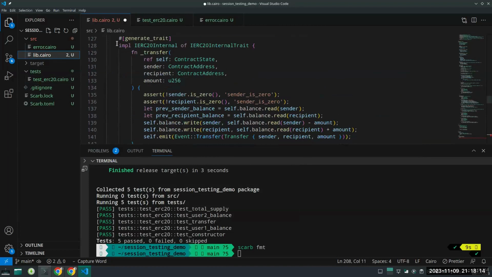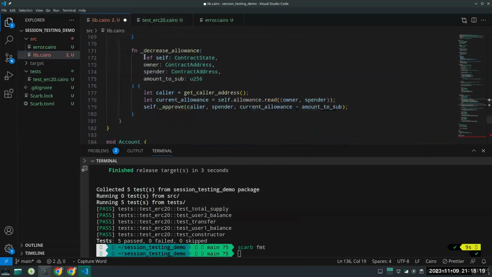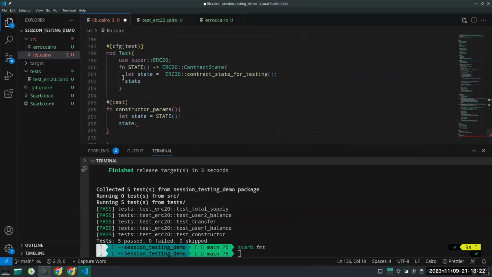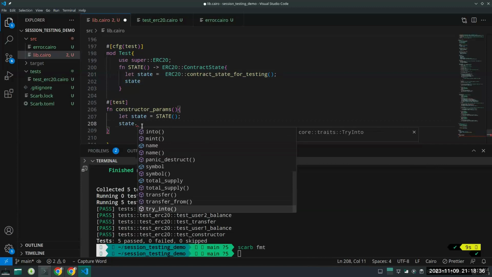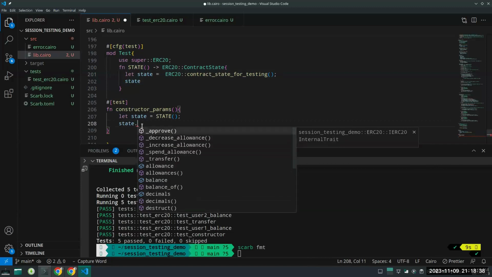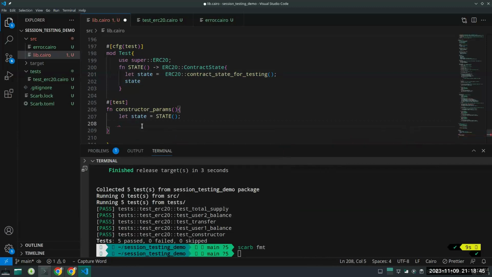But what if you want to call internal functions? Of course you have to go about this approach. You just create this simple setup, and you are able to call your internal functions, like underscore approve, underscore allowance, or whichever. So for the constructor parameter, what I want to do is